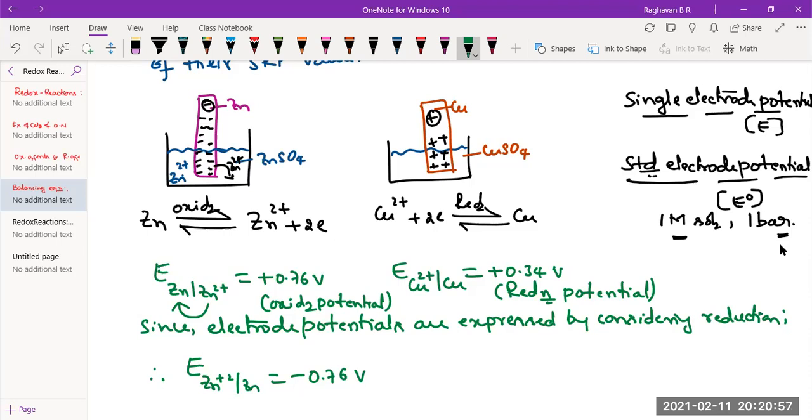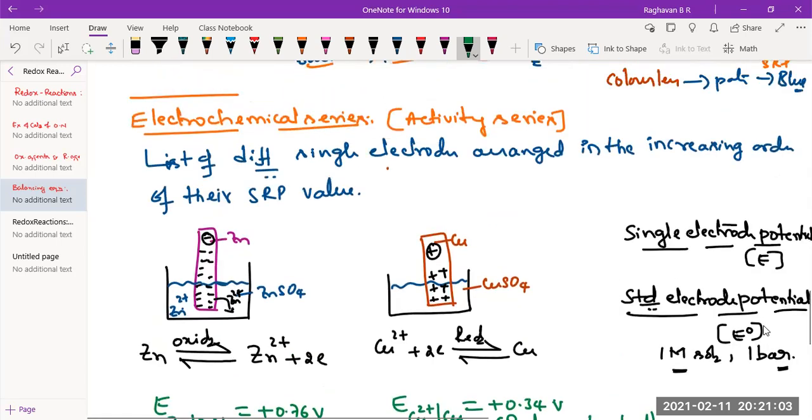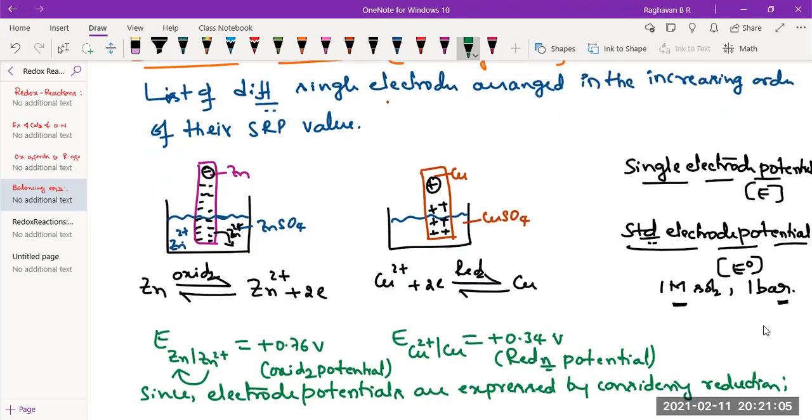Now copper need not be changed. It is already a reduction potential. Just know about it. That's all. Now what is one speciality about these single electrodes? They develop potential. Now the idea is, if you can join these two single electrodes by means of a wire externally, and the two solutions you can also connect by means of a device called a salt bridge.